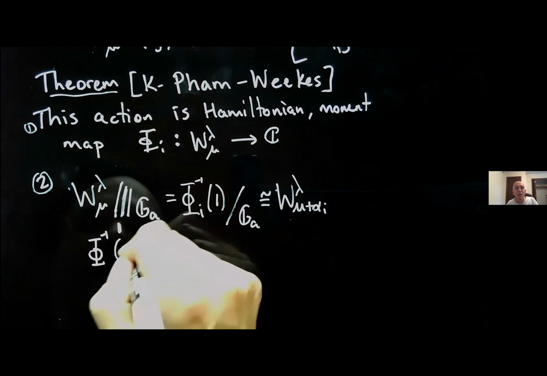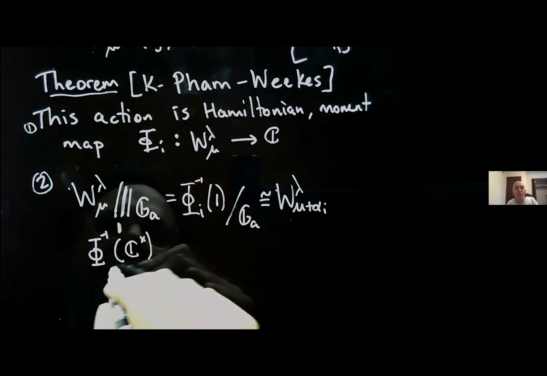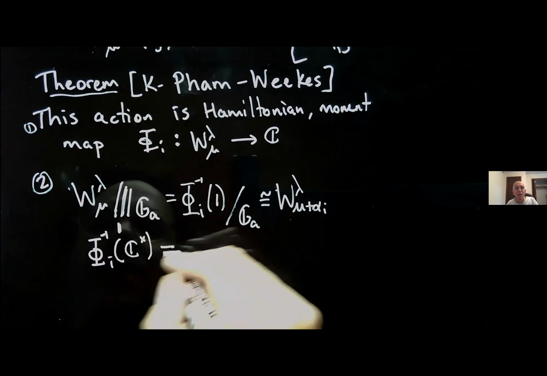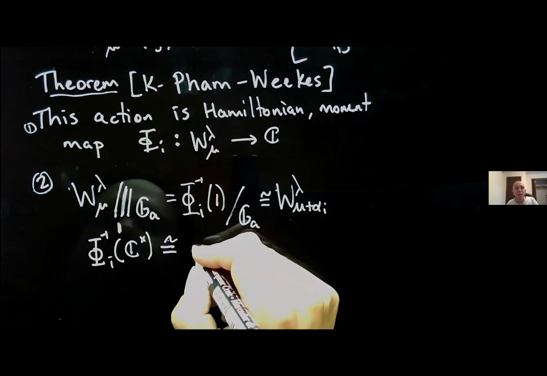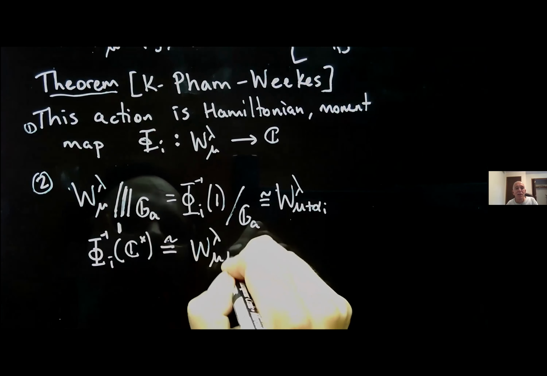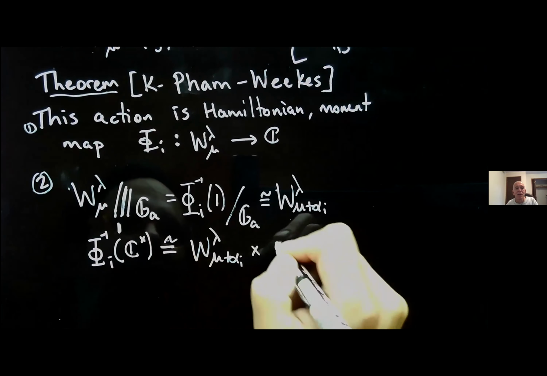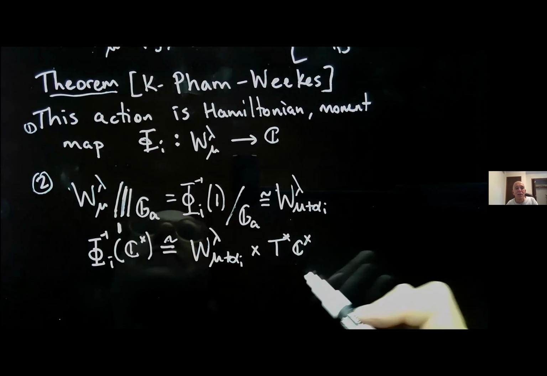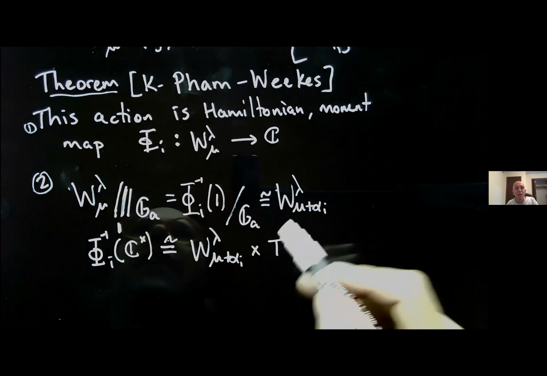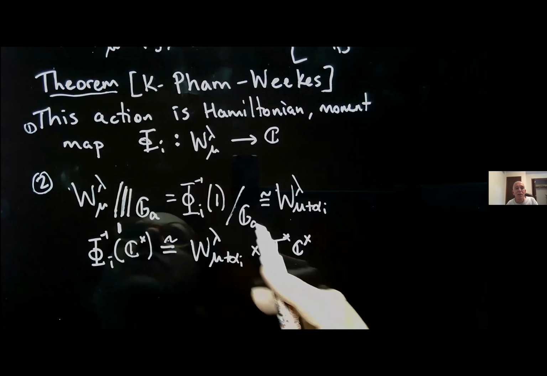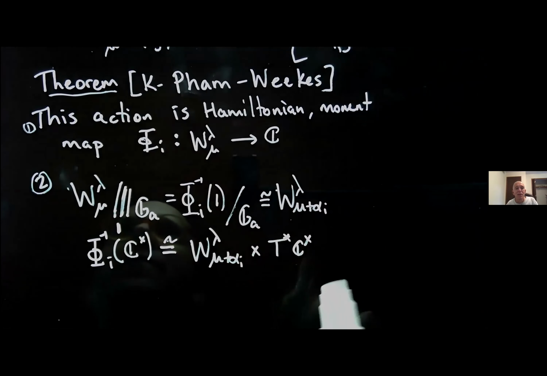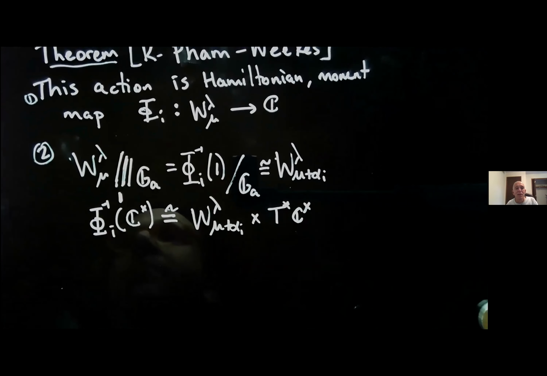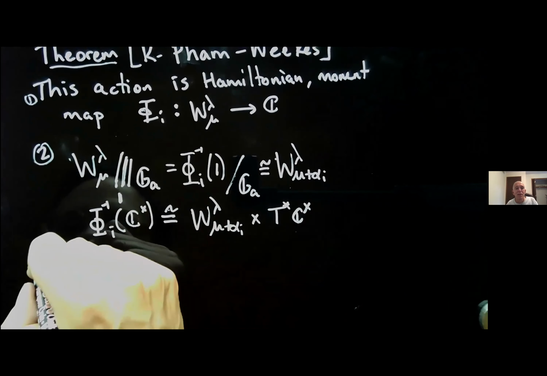And even a slightly stronger statement we prove is that if you just take the inverse image of C star under this moment map, it's actually isomorphic to this smaller slice W lambda mu plus alpha_i cross the cotangent bundle of C star, in such a way that the G_a action is only on this factor. And so when you do this reduction, you get rid of this factor. And then moreover, we have the